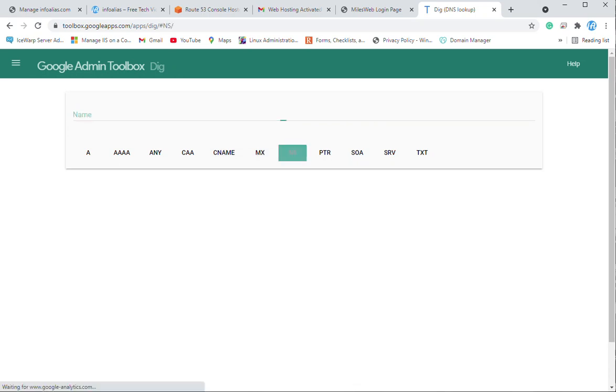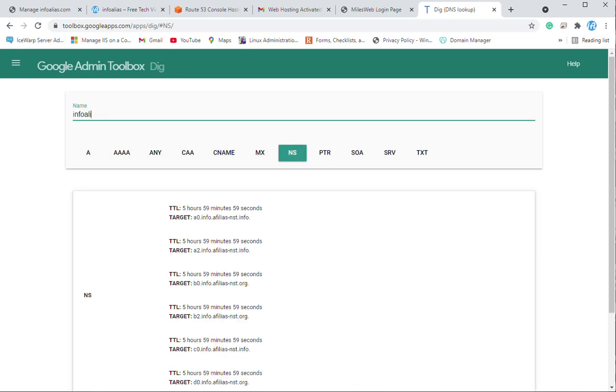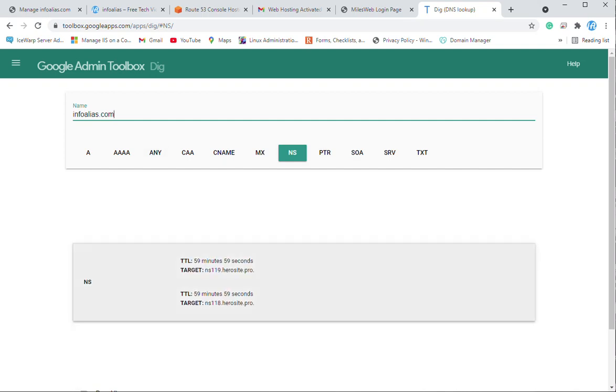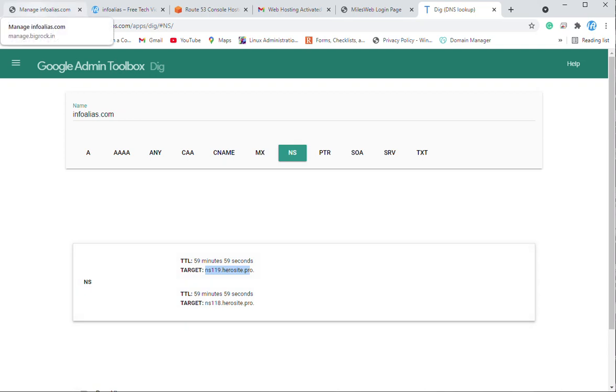Like if you want to dig the NS records for infoalias.com, you need to type the domain name infoalias.com. Now you can see these two records which we have configured inside our InfoAlias domain name panel.